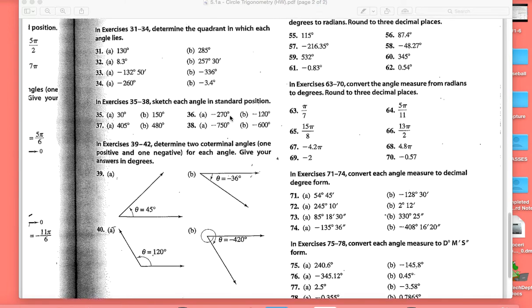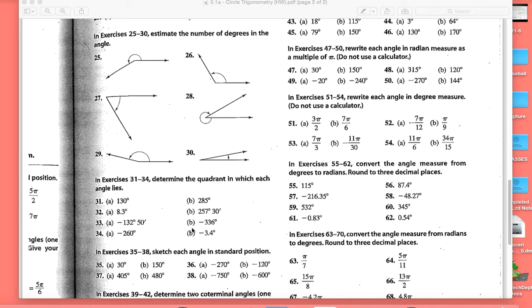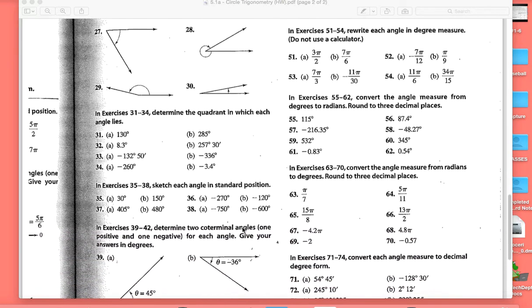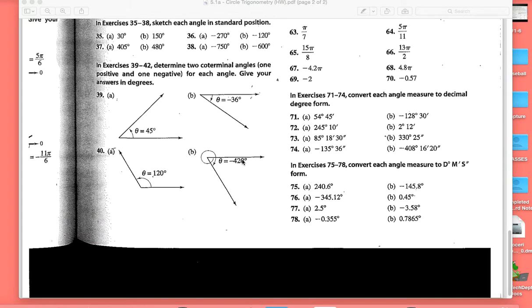All right, guys, I skipped a few here because I think we're okay. Estimating with degrees, figuring out what quadrants they're in, and stuff like that. And even sketching, it's actually a little easier with degrees than radians. But this one here, 39 through 42, I like this question, especially this part B right here, just because